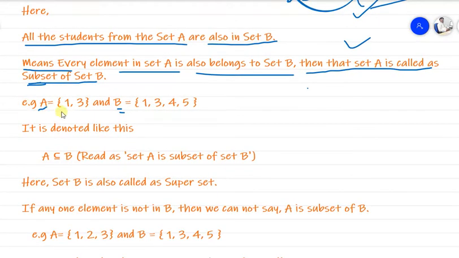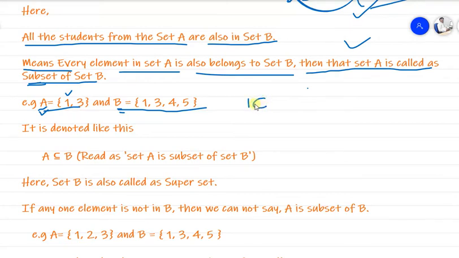For example, A is equal to {1, 3}. I have two elements in set A. This is another example, and here I have set B as {1, 3, 4, 5}. Can I say A is a subset of B? Yes. See the example: 1 belongs to set B. How are we writing it? We are checking.